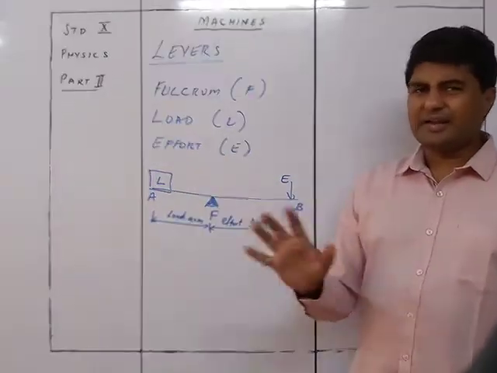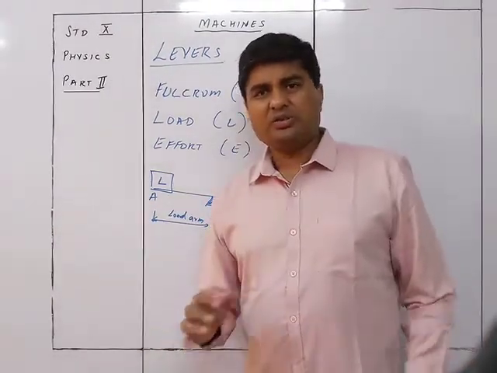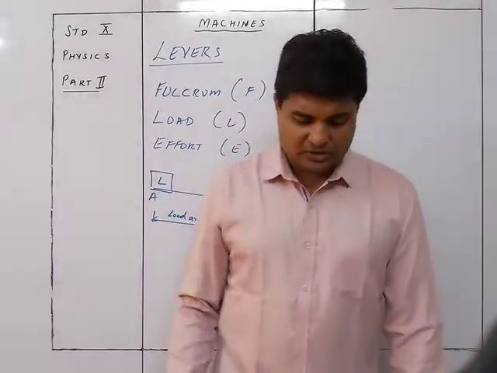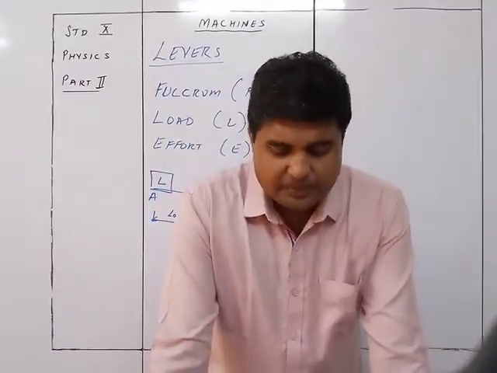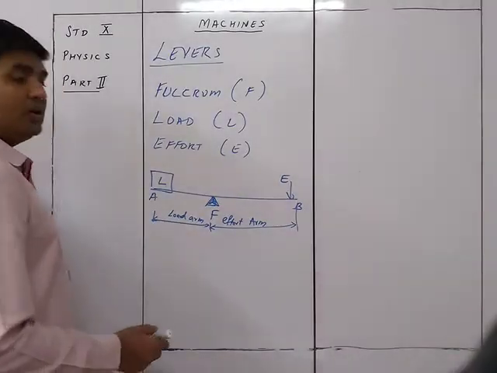Okay, we are considering that there is no friction in the fulcrum, and it's an ideal machine, an ideal rod, which has no weight, so there is no complication from the rod either. A lever works on the principle of moment. So now what will happen? This lever would act on the principle of moment.